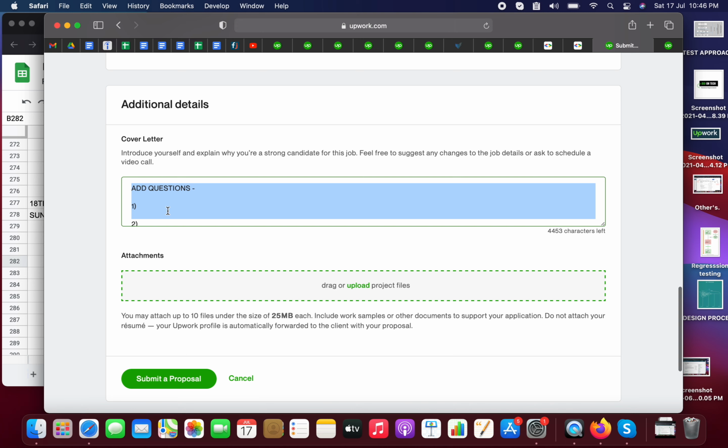customize only the question section, and the portfolio you already have, so you can ask only the questions and you need to search the client name. This is also not important, searching the client name. You can go without the client name, but if you have time, then you can add the client name. So in this way you can get the reward. I am sure that you will get the reward if you write cover letters in this way.